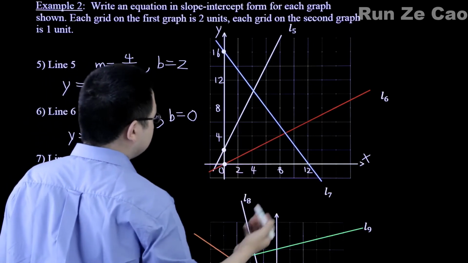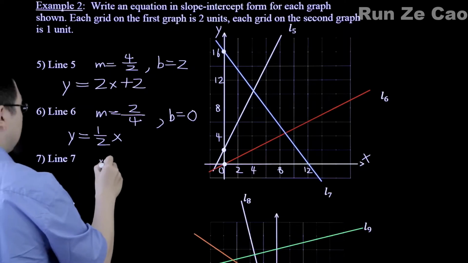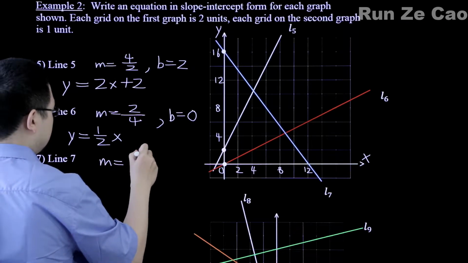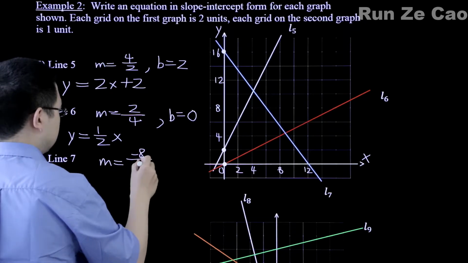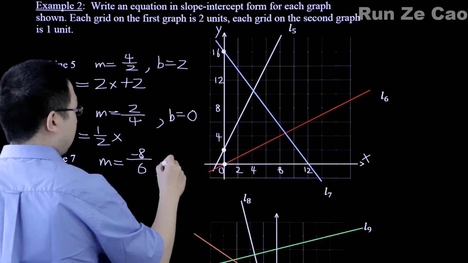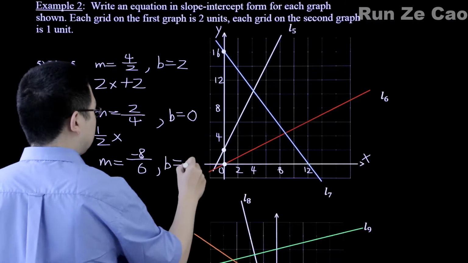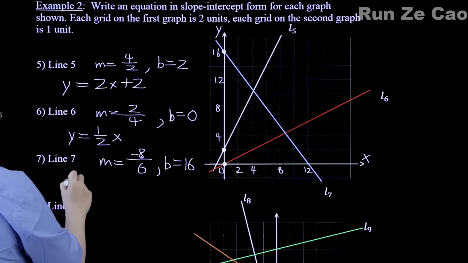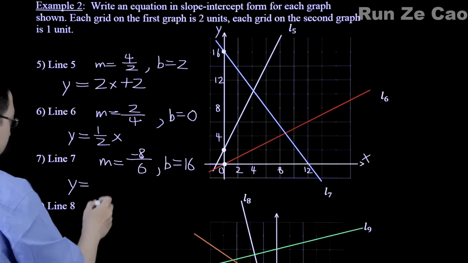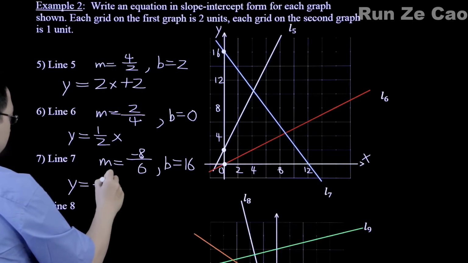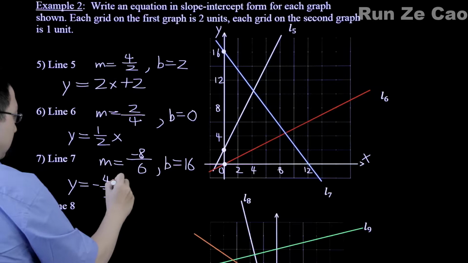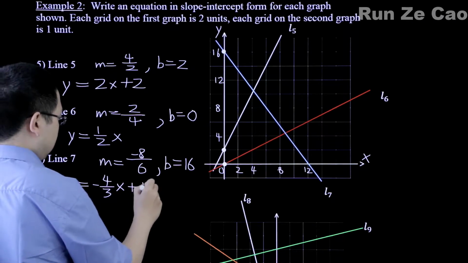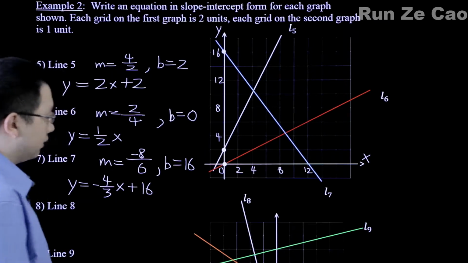And across we have 6. So, m equals -8 over 6, and b equals 16. And thus we have y equals -4/3 x plus 16. Alright,